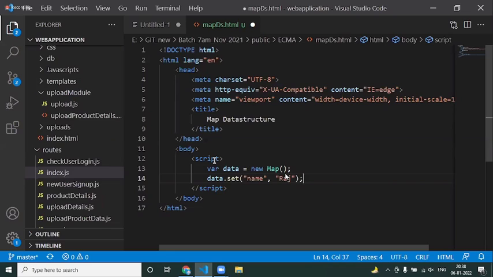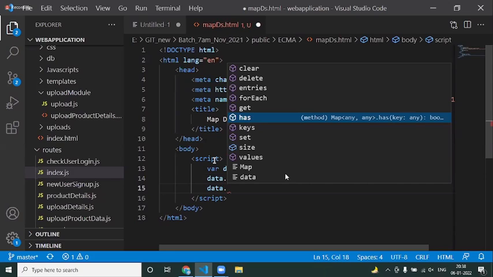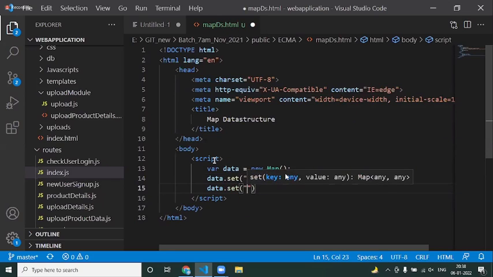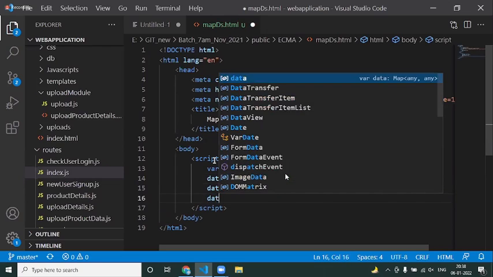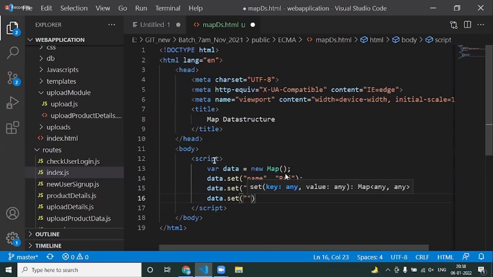In the same way, I say data dot set age, 20, and data dot set gender, male. Like this, you can insert any number of key and value pairs within the map data structure.